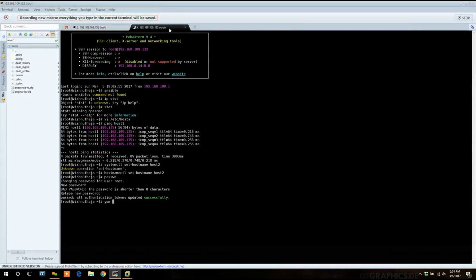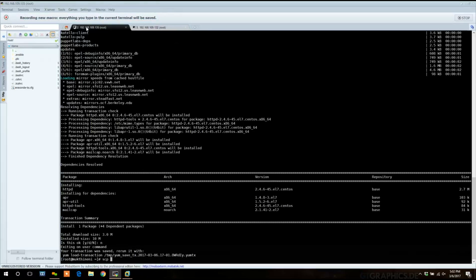There are no repos on this machine. So copy from here: scp -r /etc/yum.repos.d/* to host 2, /etc/yum.repos.d, and enter.